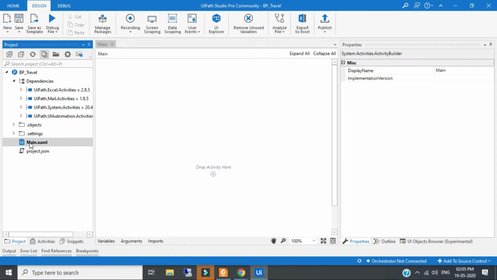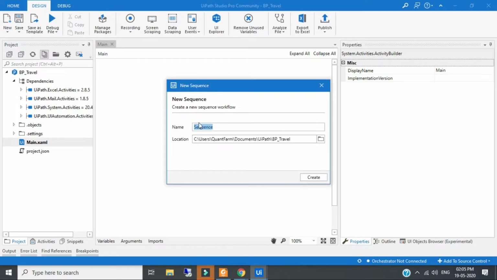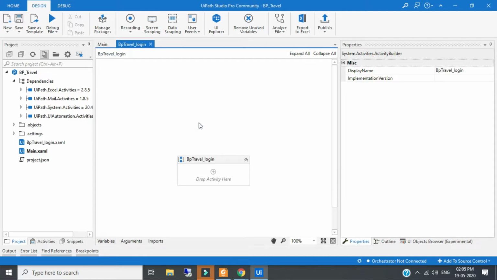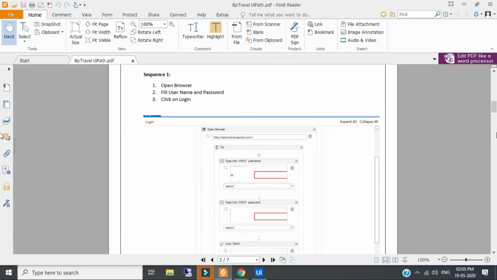So we are going to create a new sequence. Click on new, create a sequence, and give it the name BP Travel login page. So it will create a new sequence. First, what we do manually is open the browser.